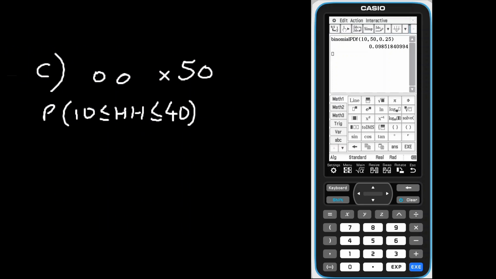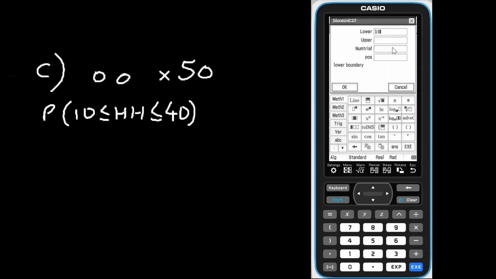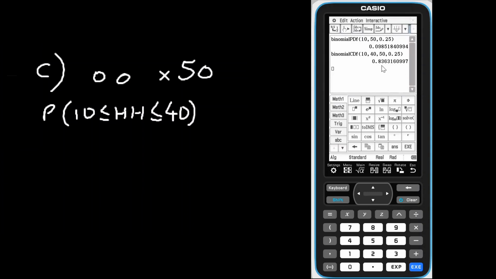And this is interactive, same sort of thing, it's discrete, but it's a cumulative, CDF, cumulative. So the lower boundary is 10, so we're okay to get 10 heads out of the 50. Also 40 heads out of the 50. And we've got 50 trials. And again, our probability of success is at 0.25. And so now it's that